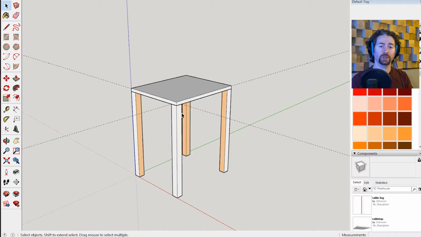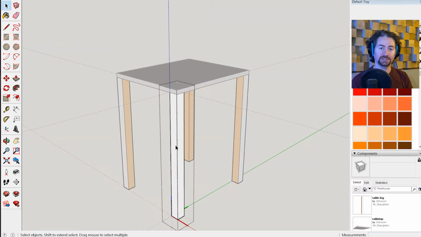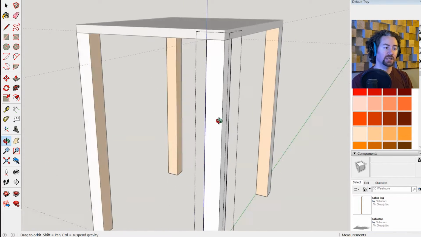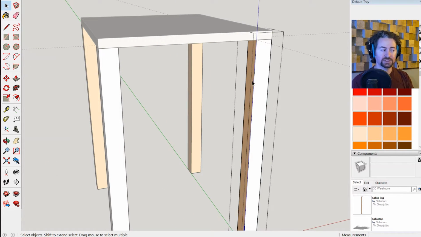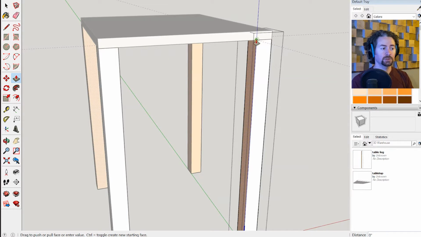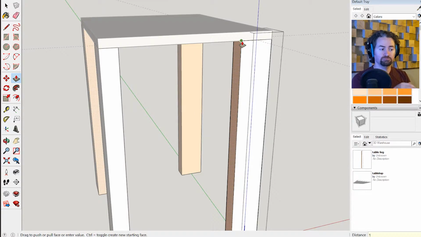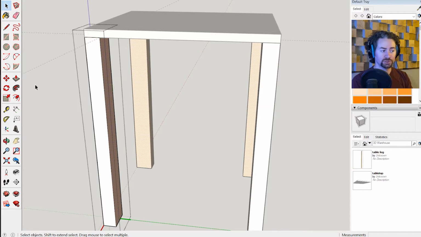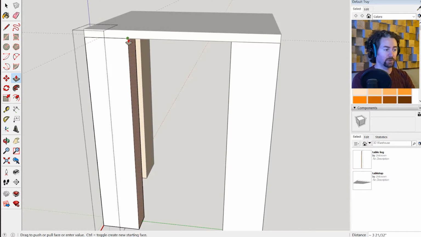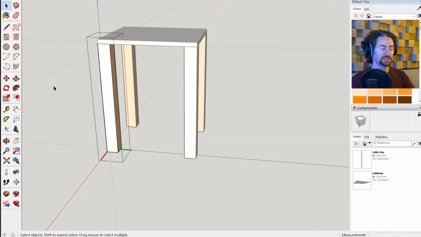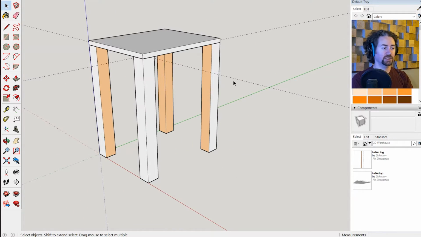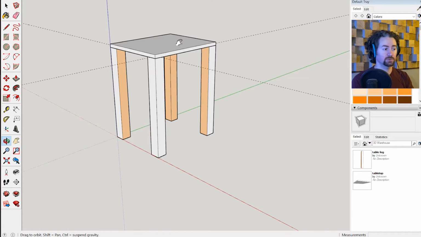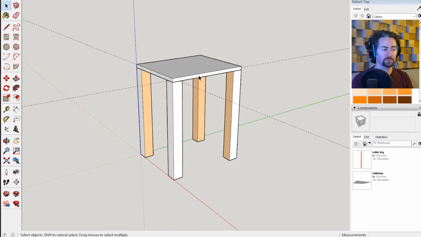I like the look of this already, but if you want to make the legs thinner or thicker, now is the time to do it before you make the other pieces. To do that, you can double-click on one of the legs to go inside that component, and then to make them thicker, you can click one of the sides, use the push-pull tool to go, say, 1 inch, go to the other side, select it, use the push-pull tool to go 1 inch that way, and then I'll select outside of the component, and I can see what the table would look like with 3-inch legs, which to me looks too thick, so I'll undo that.